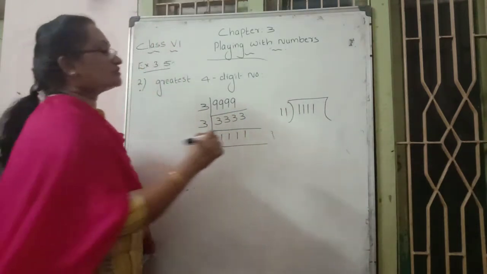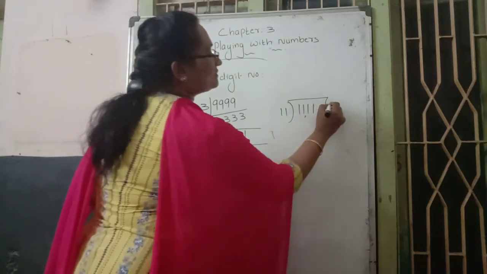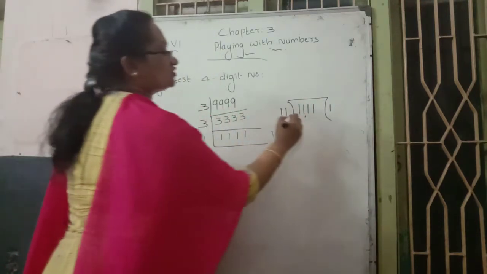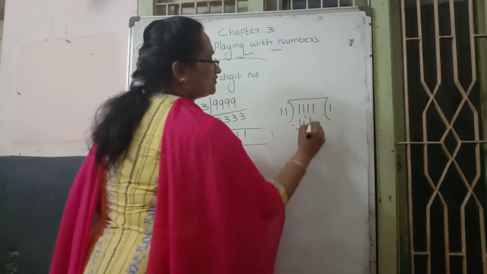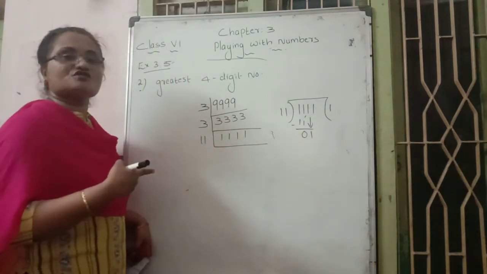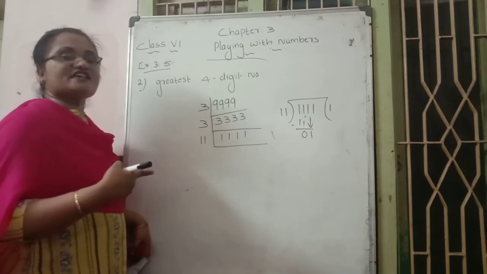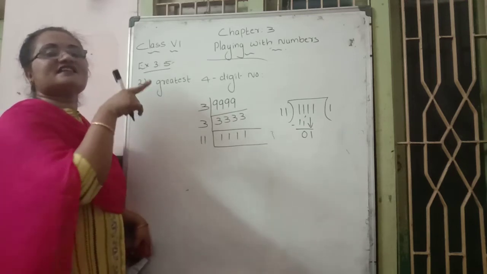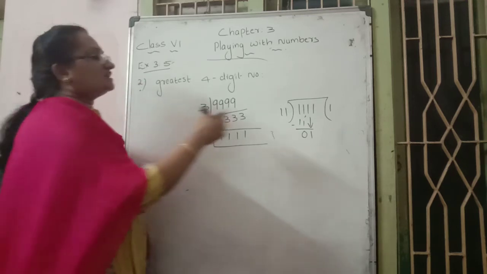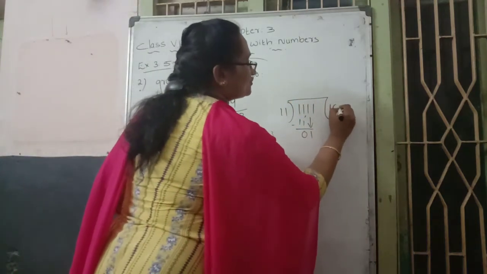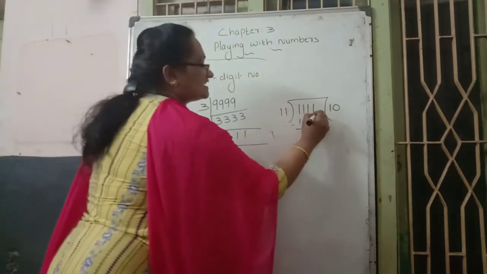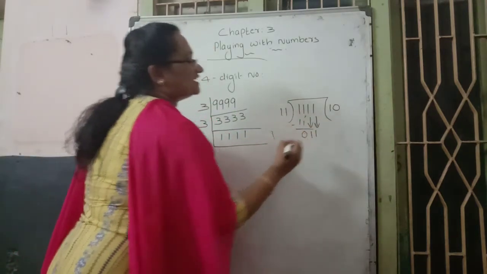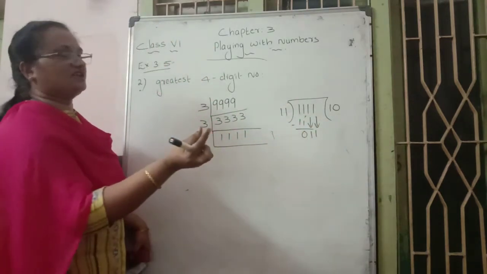How much is the quotient? First 2 places: in the 11 table, 1 into 11 becomes the product 11, leaving 0. Next, bring down the 1. Is it possible? No. The division rule says that the inside number must be greater than the outside number. That's why it is not possible. First of all we keep 0 in the quotient place. Next, bring down the next number, which is the next 1.